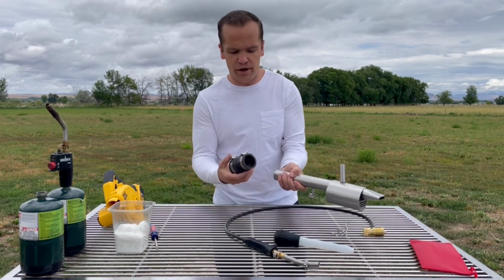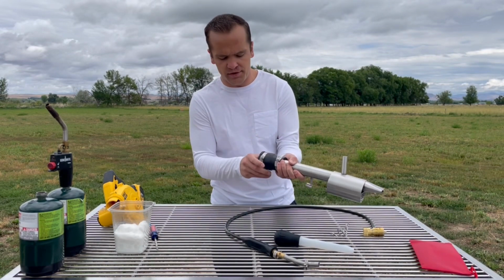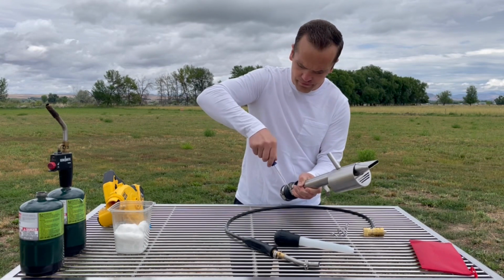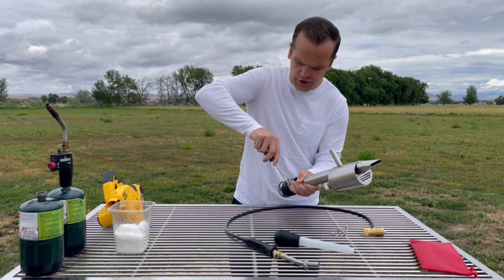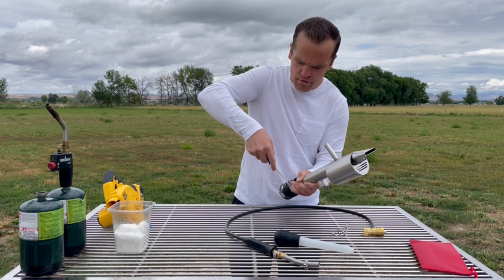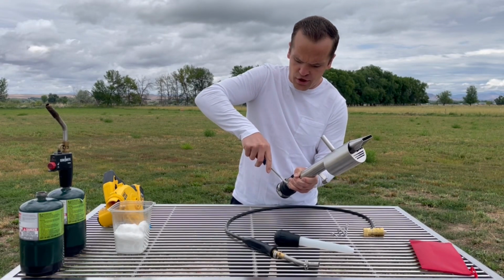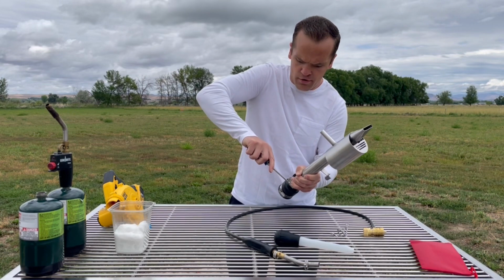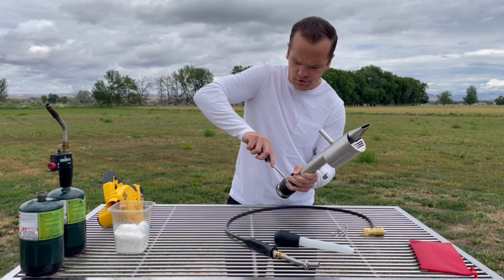And basically how you set this up is you slide this PVC coupling onto the vaporizer and tighten it so it's pretty strong, so it doesn't come off. You want to tighten it as strong as you can. You don't want this thing slipping off while you're working, while you're treating your hives. So once you got the